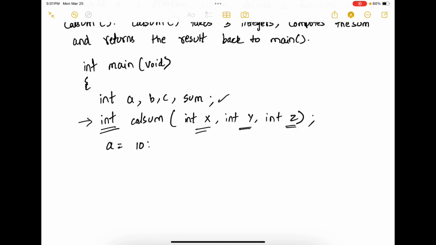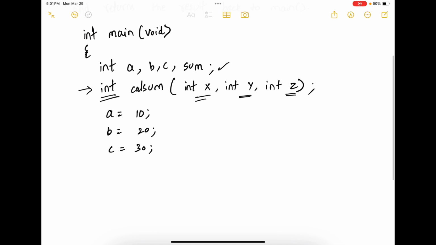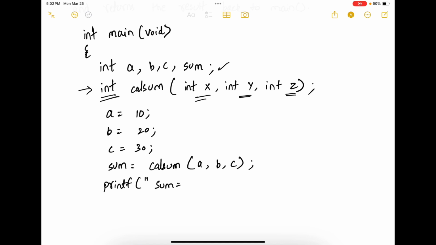Next, I'm going to initialize a, b, and c. a is 10, b is 20, and c is 30. Ideally, I could have just computed the sum right here without writing another function, but that is not the point of this problem. Then I'm going to say sum equals calsum(a, b, c); semicolon. Basically, you are making a call to the calsum function and sending in the values of a, b, and c. printf("sum equals %d", sum);